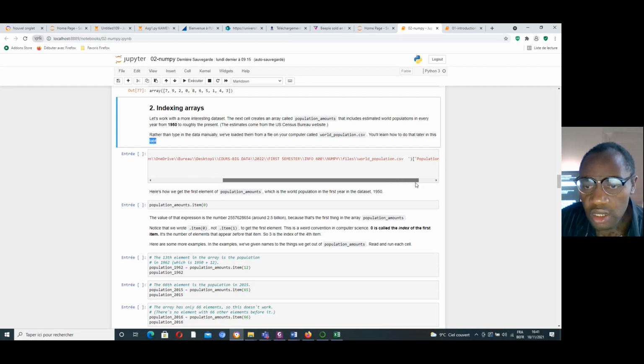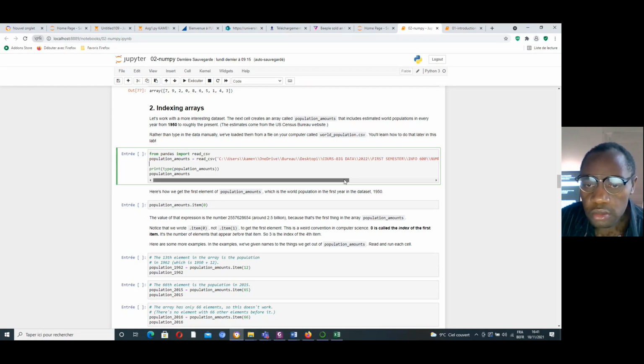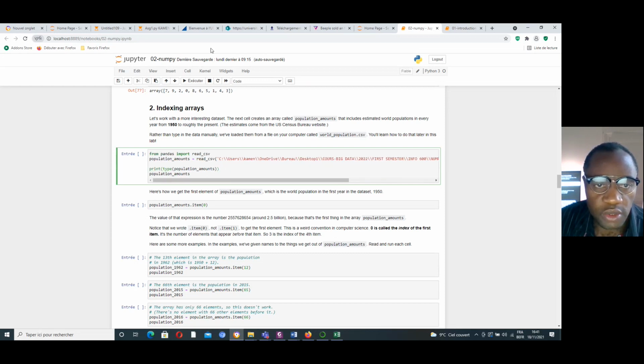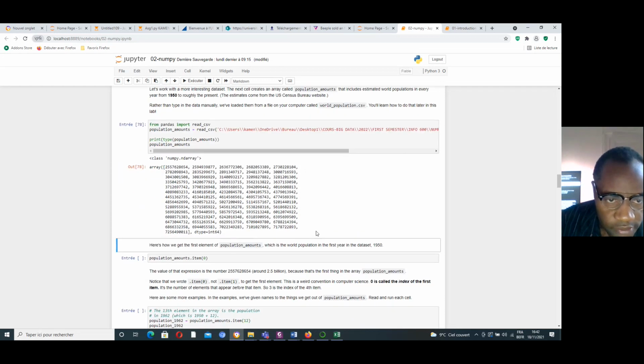I want to print the population. This file has just one column, called population, and I want to print the content, the values of population. That's why I put population dash value. Let us execute it and I get it.